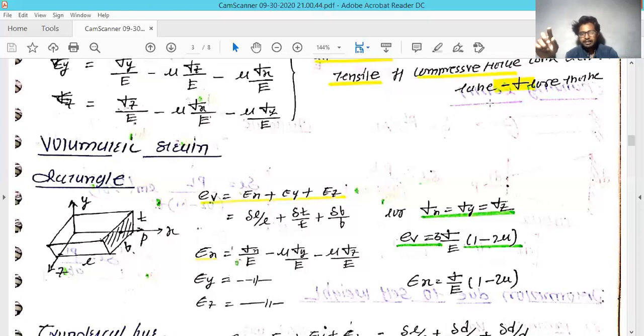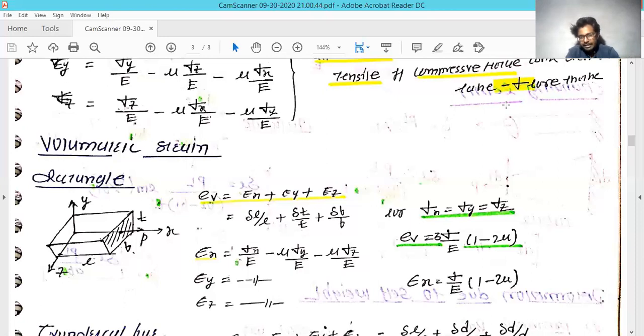So we assume that the y and z direction of stress is compressive in nature, so we have taken it as a negative value. The same thing you have to derive for the y and z direction as well. And if you put this value in the volumetric equation, which is nothing but the combination of the strain in the three directions, this is how the equation looks: the strain in the x direction, which shows the change in length divided by the original length, plus in the y direction the change in thickness with respect to the original thickness, and the z direction, which shows the change in width divided by the original width.